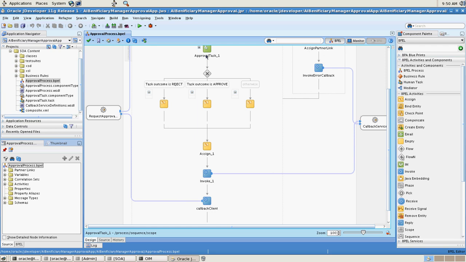I have been having a hard time getting that to work, so that's when I decided to just break this up into smaller pieces, and we'll just do the beneficiary manager for the first go around. Okay, so